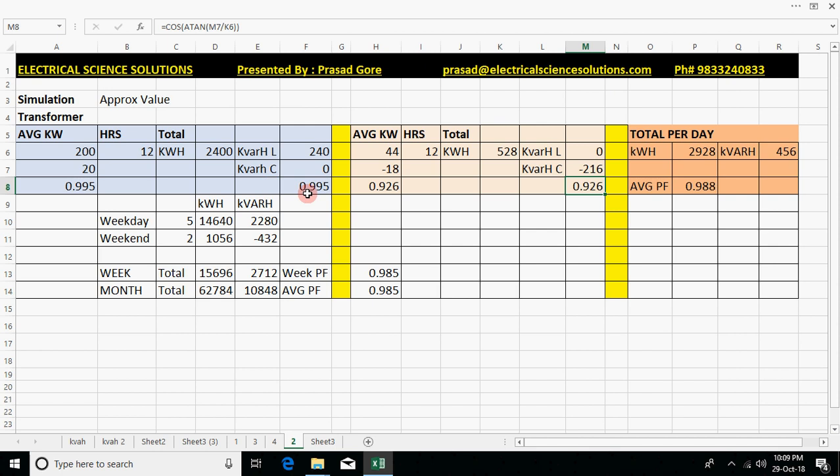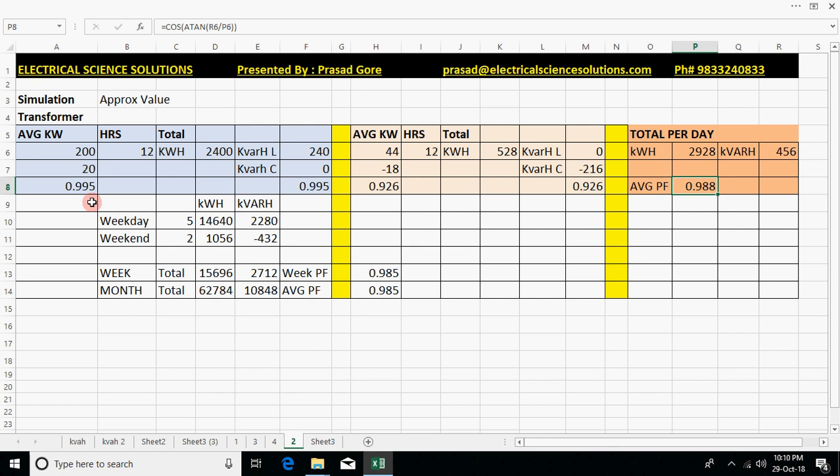So in 12 hours it is 0.995. You maintain it at 0.995, no capacitive consumption. Rest of the 12 hours you maintained it at 0.926, but 18 as a capacitive. So the consumption of kVARh leading is 216. kVARh lagging 240, kVARh leading 216. Those get added now, and the kVARh consumption will be displayed as 456, and kWh is 2928. That is 2400 plus this 528, 2928, and the average power factor is